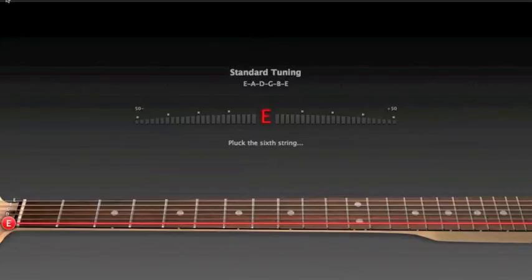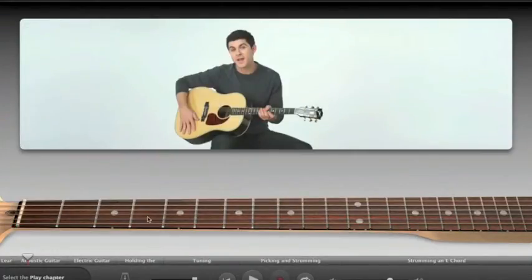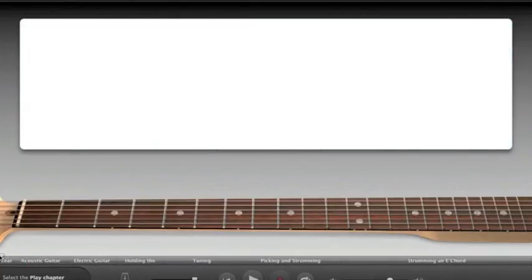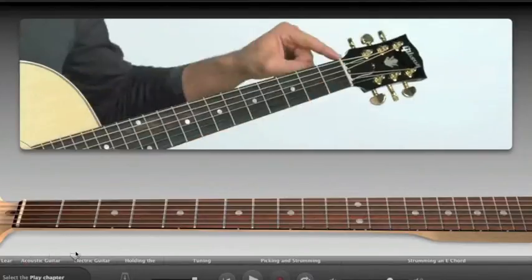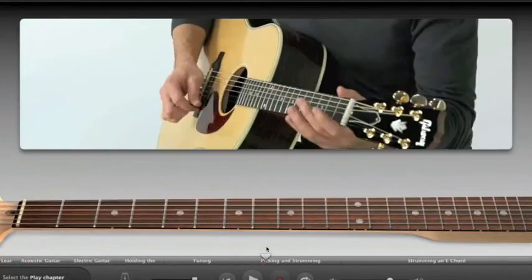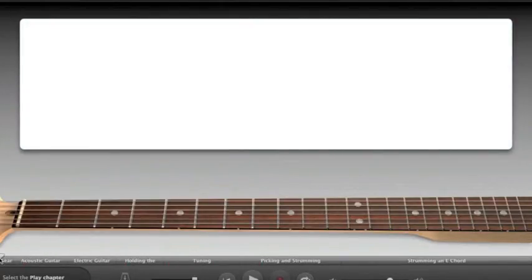Okay, we'll go back now. Click on the little arrow in the upper left-hand corner. We'll go back to guitar lesson. It starts at the very beginning here. You see this little timeline here. You can move this to different parts of the lesson as you need to. But if you start at the very beginning all the way to the left of the screen and then click